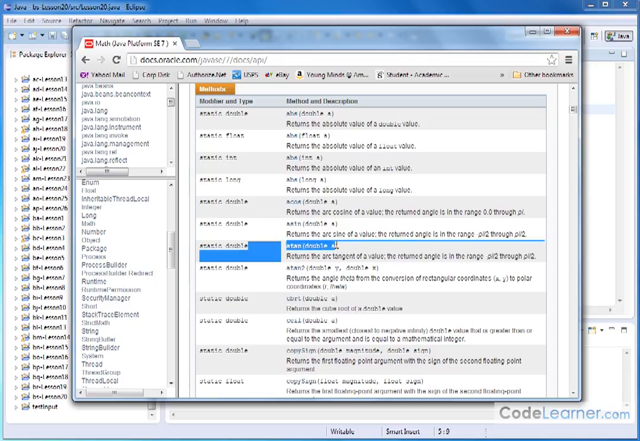And then we have arctangent, same sort of thing. atan, stick a number in there and you get the angle back. In this case, it's telling you it's between -pi/2 and pi/2. Now the details of why it's pi/2, -pi/2, and all this